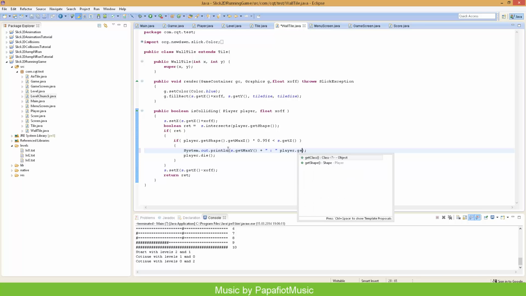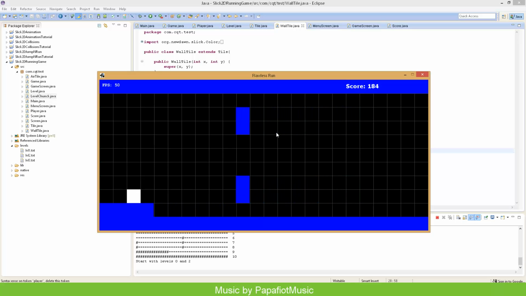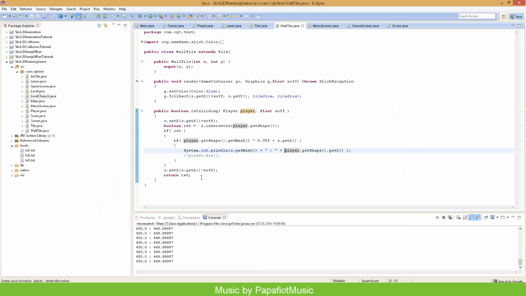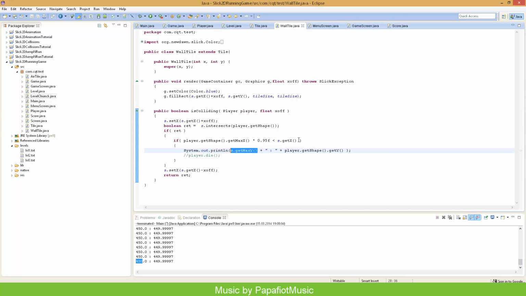Player dot get shape dot get y. And I don't want to die while testing. Let's see what that does. Let's run into it, go beneath it and see what values we should see. So here we go. The first one is our s.getSet, so I'm just gonna add it here. s.getMaxX. If we increase that, and if sets,